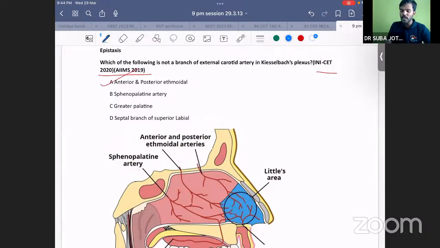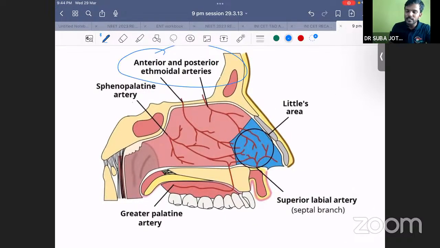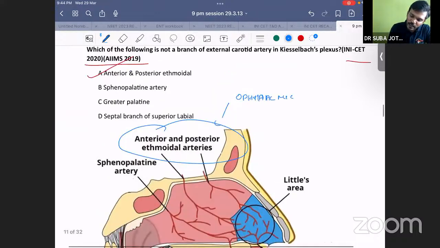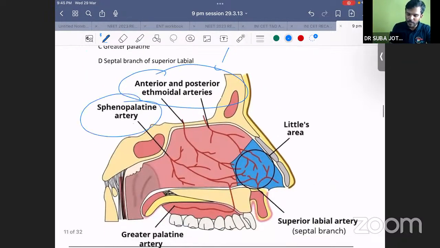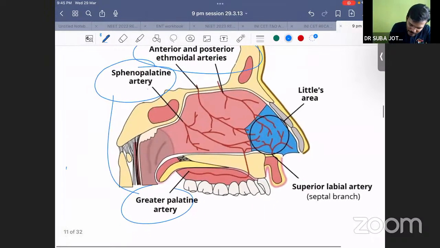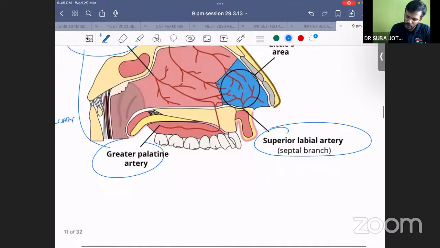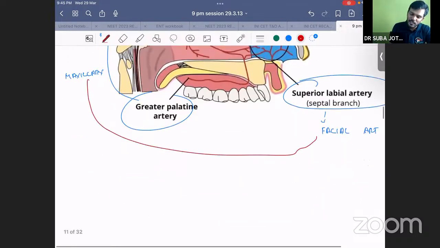So let's quickly brush through the branches. See, we have the anterior and posterior ethmoidal arteries. These are branches of the ophthalmic artery, which is a branch of the ICA, internal carotid artery. Whereas the sphenopalatine artery and greater palatine artery are both branches of the maxillary artery. The superior labial artery is a branch of the facial artery. So the maxillary artery and facial artery finally end up in the external